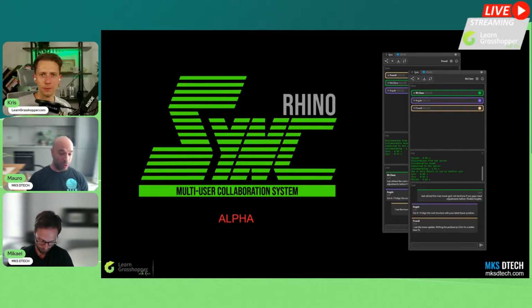This is a feature that we feel is missing at the moment, and it can really enhance the collaboration between different users. As you can see from the screen, you can visualize all the users collaborating in the same Rhino session, and they can chat with each other. Now it's an alpha version, and hopefully before the end of the year we're going to release the official version of Rhino Sync.